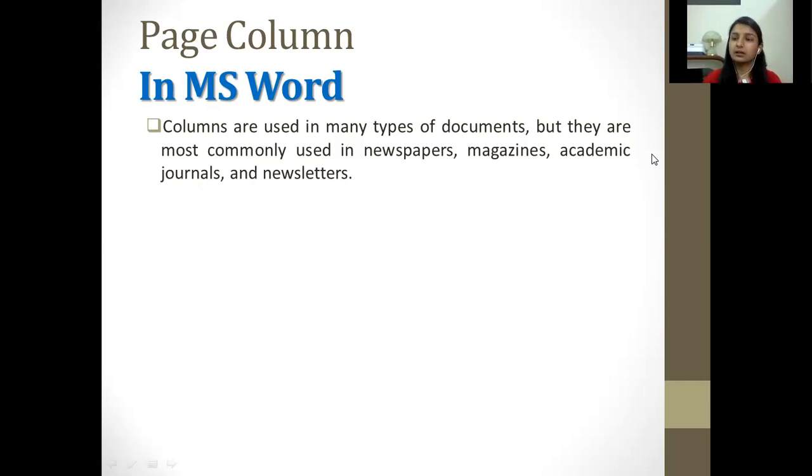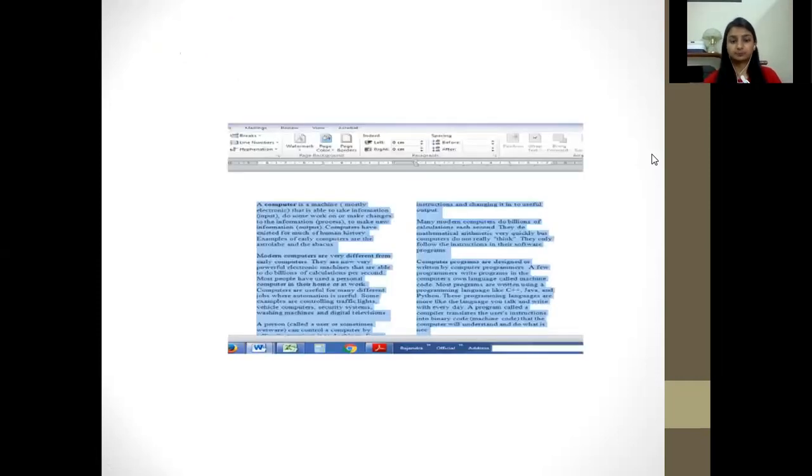So this is the meaning of column in real life also. Here is an example for columns. You can see from the MS Word file also. This is how we select the entire data and go to the option which is page column. Then we are able to convert the text which we have written into columns. We would be performing it, don't worry about it, we would be trying and practicing it.